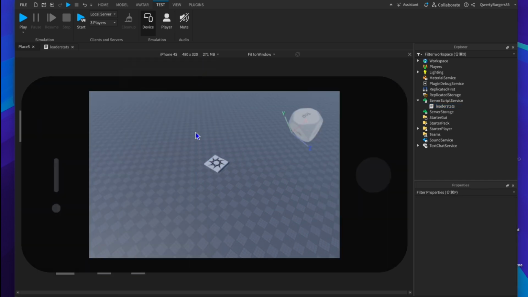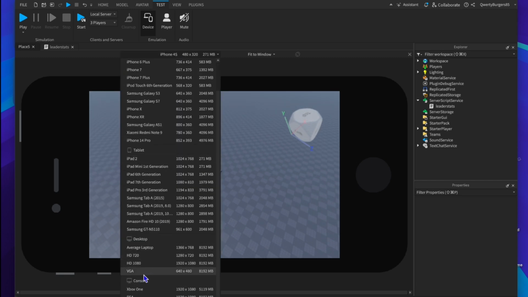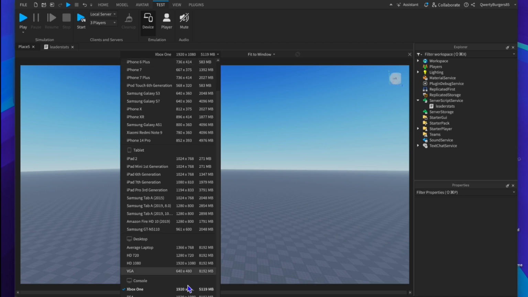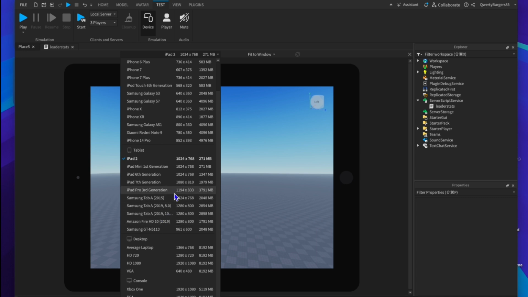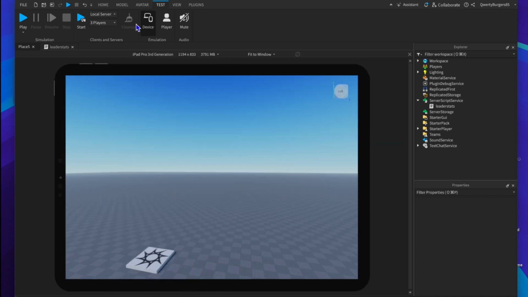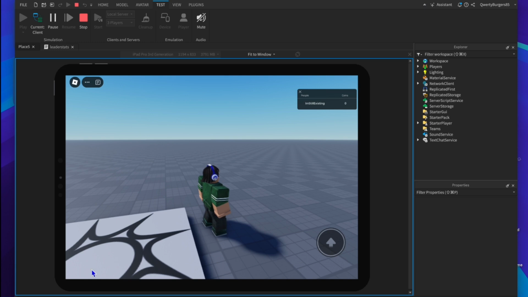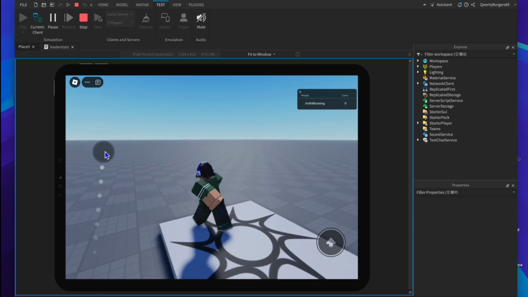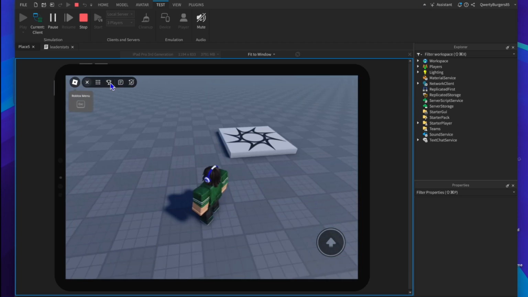The same works on iPhone 4S. It's a very small screen. And on Xbox One, PS4, you have that as well. And also tablets too. If you play on the tablet, it's gonna show here on the tablet actually. Just on phone that you won't be able to see it. But yeah, you can just hide. Anyways,